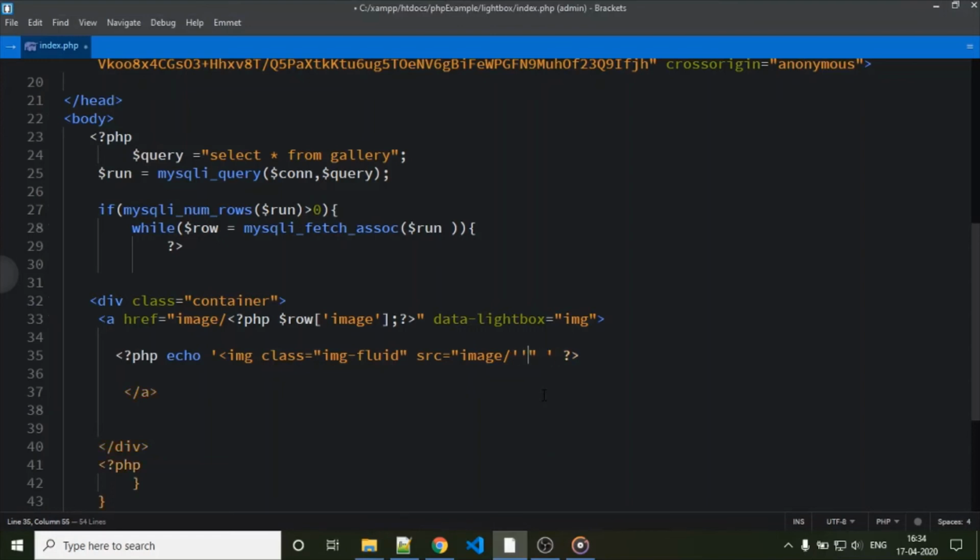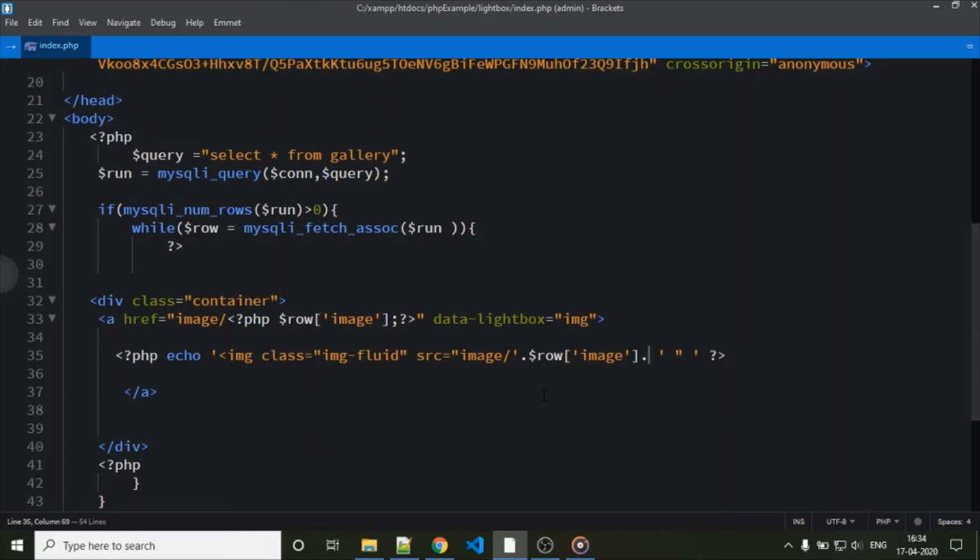Open. We stored the result in one variable called row. We fetch using the variable row, and row uses the column name image. We concatenate with a period sign, and here also we separate with a period sign.